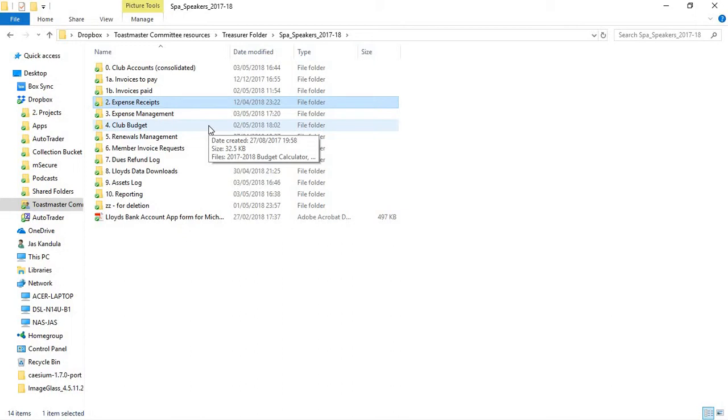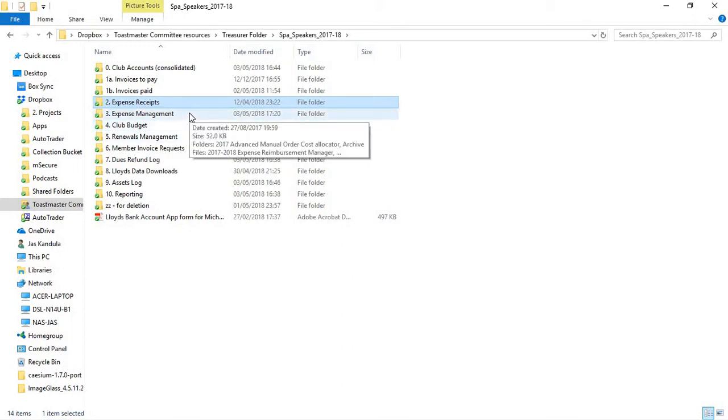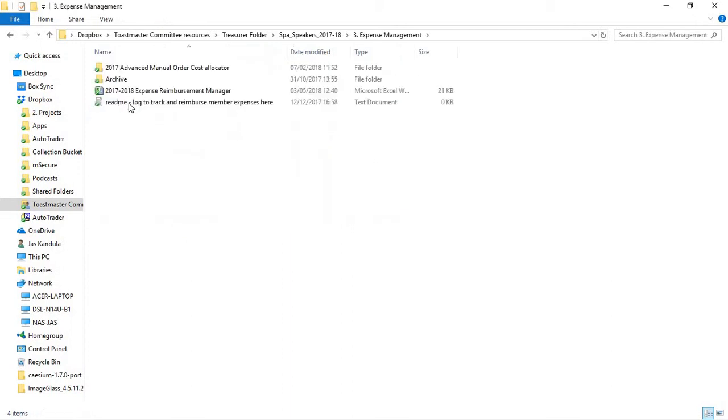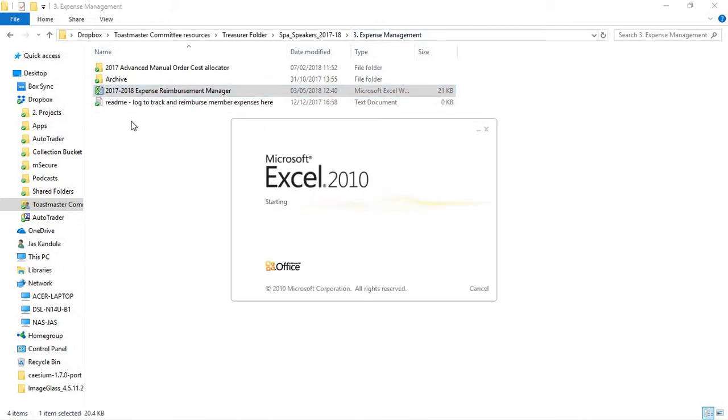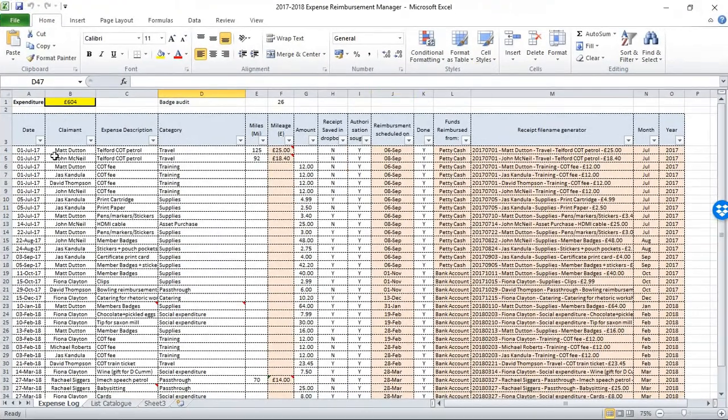So keeping the receipts is one thing, but we also need to have an effective way of logging those transactions, and this is where the expenses management spreadsheet comes in. So if you go into 3 expenses management, there is a spreadsheet called Expense Reimbursement Manager. If I open this up, you'll see that this manager has a date, a claimant, a description of the expense,